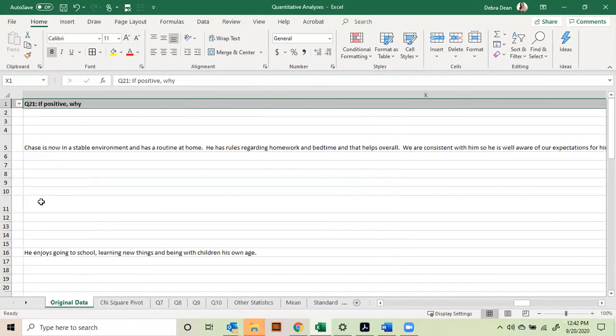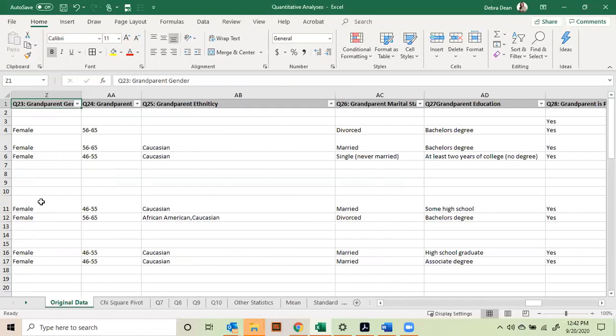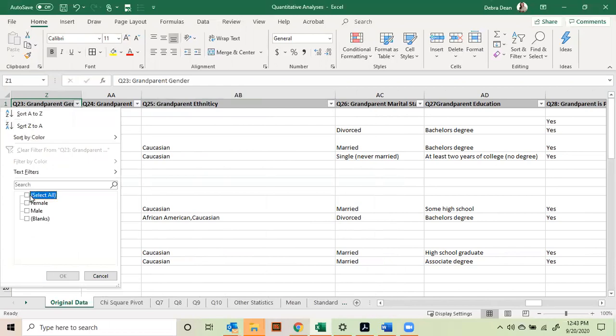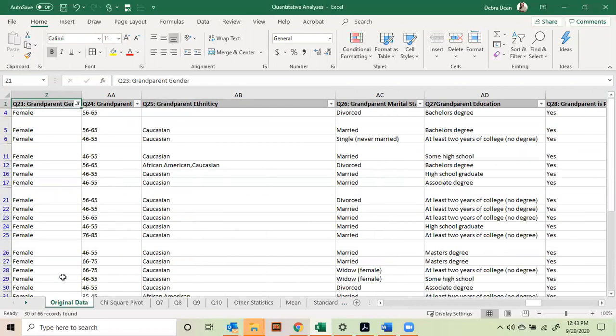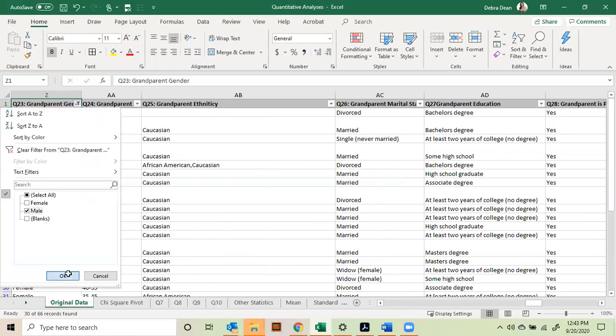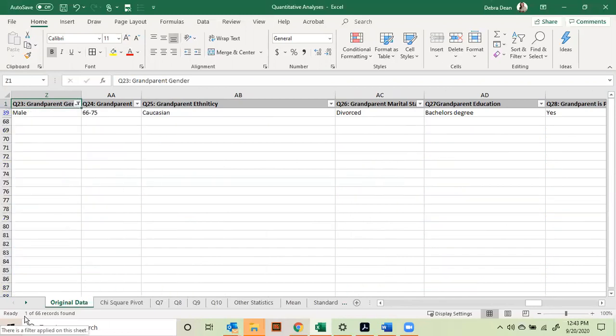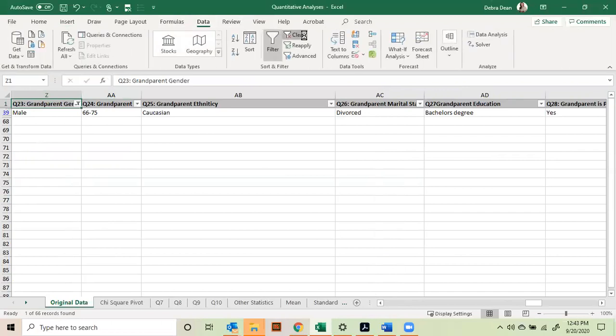So with this, let me show you here. I think this is the column. We have males and females. When we click on females, we have 30 females, and when we click on males, we have 1. And you can see that down in the bottom of your screen. So we only have 1 male, but I want to go ahead with the test just to show you how